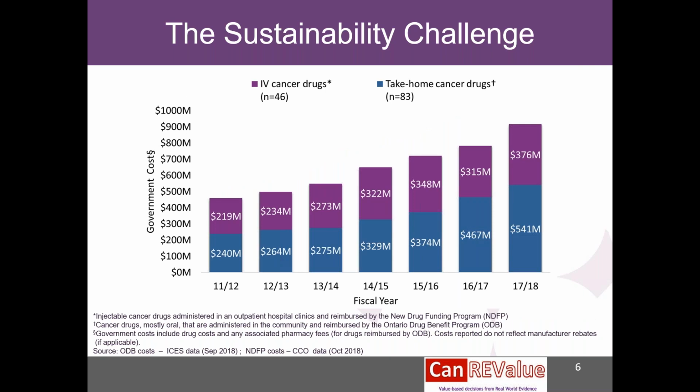The next slide shows the same picture, but in addition, we can see that earlier in 2011-12, the distribution between intravenous drugs and take-home cancer drugs was about 50-50%. But fast forward to more recent times, we can see the budget for oral take-home drugs is increasing even further. Partly because there are actually more drugs available, especially take-home drugs, which are more convenient for patients, which is a great thing. But partly also because not only do we have more drugs, but individually the drugs are substantially more expensive, which is a potential challenge.